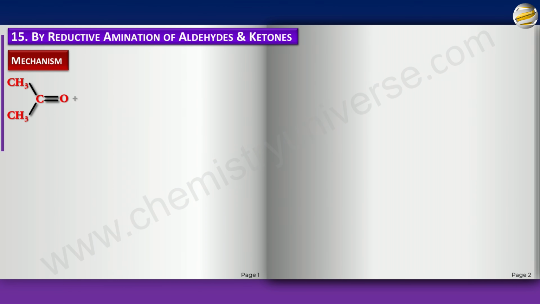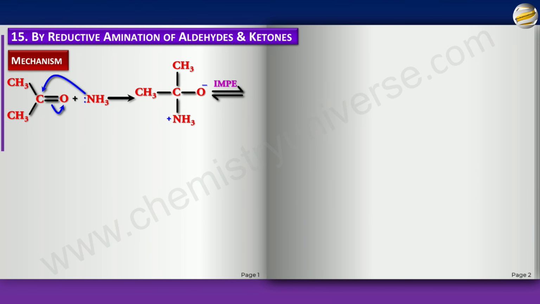Suppose I take a ketone and I take ammonia with me. The lone pair will attack the carbon, pi bond shifts to O. Now I can also show the O taking the H of nitrogen, but right now I'm showing it to you like this, stepwise. And later on, of course, I'll include that also, because now I'm going to show an intramolecular proton exchange where the H of NH3 plus goes to O minus. So I could have shown this directly with the O picking the H while this step was going on. It doesn't really matter. But this is what we get.